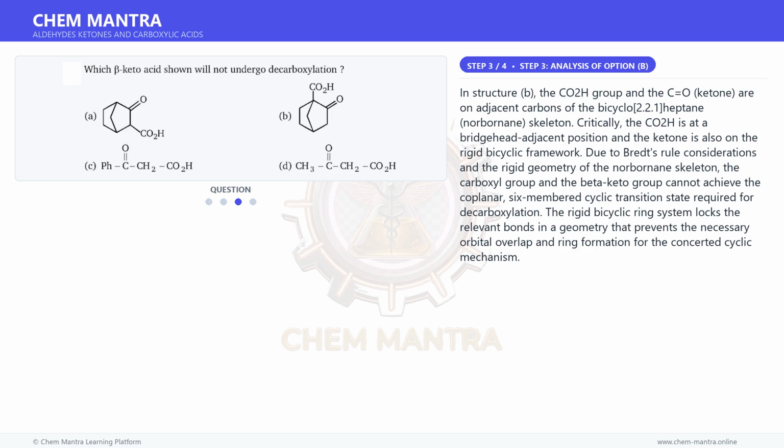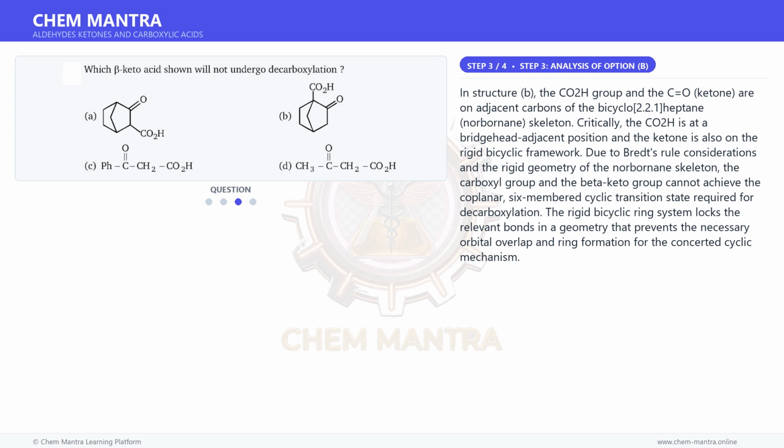In structure B, the CO2H group and the C=O ketone are on adjacent carbons of the bicyclo[2.2.1]heptane, norbornane, skeleton. Critically, the CO2H is at a bridgehead adjacent position and the ketone is also on the rigid bicyclic framework. Due to Bredt's rule considerations and the rigid geometry of the norbornane skeleton, the carboxyl group and the beta-keto group